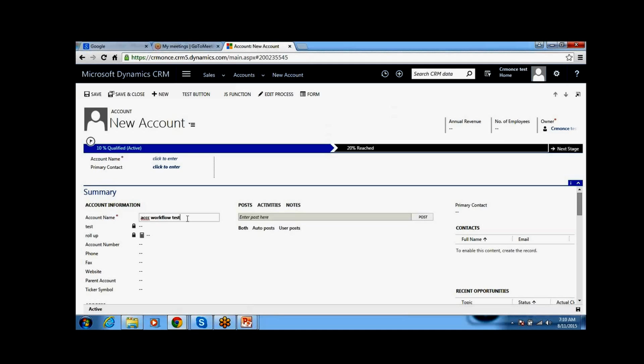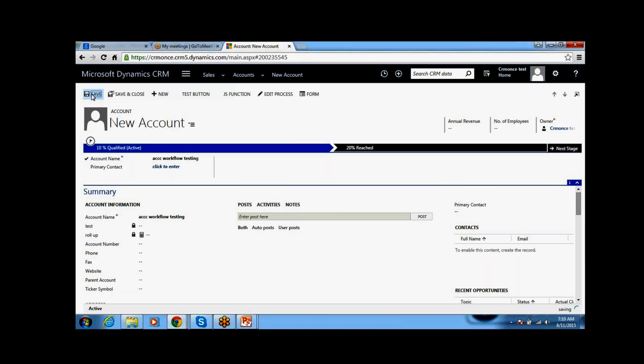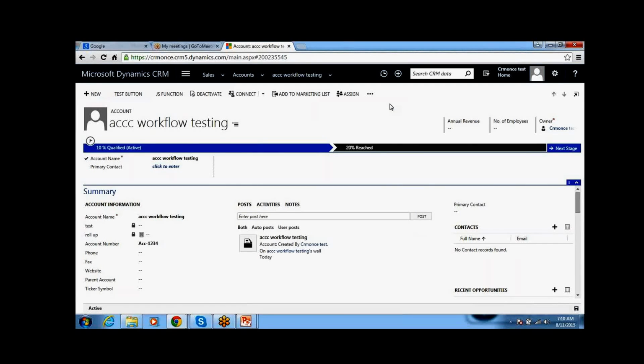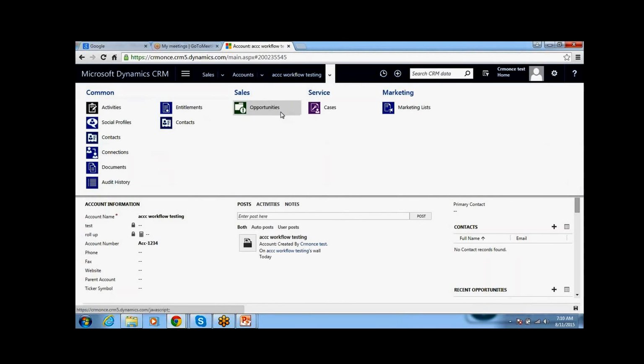So workflow test. Once you click on that, the workflow will execute in the background. So whether my workflow is executed or not, how can we check it? Click on it here, background process.